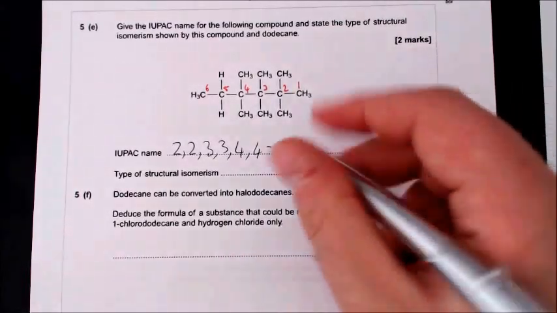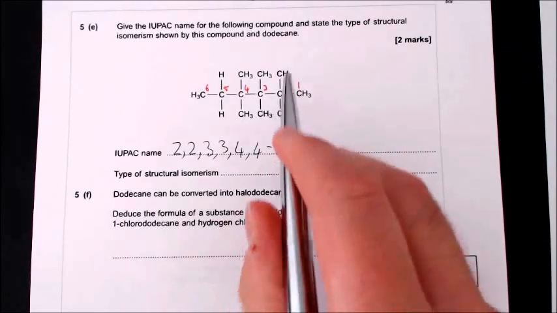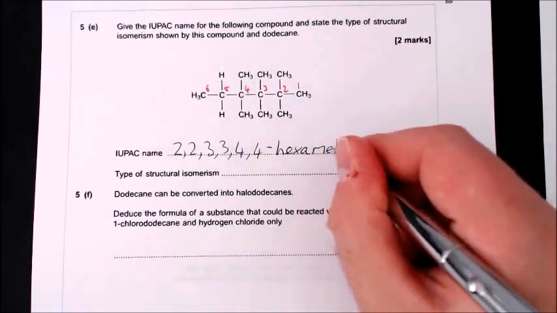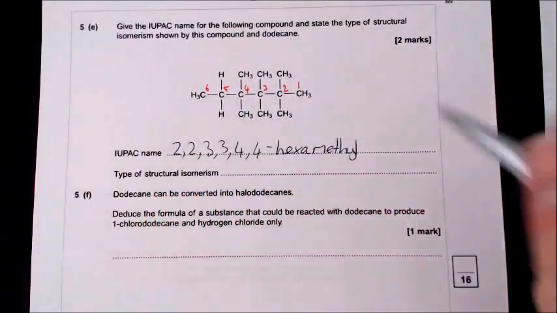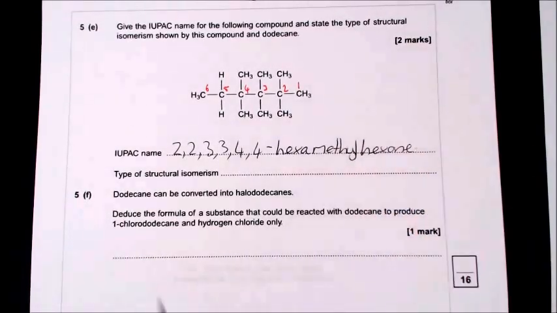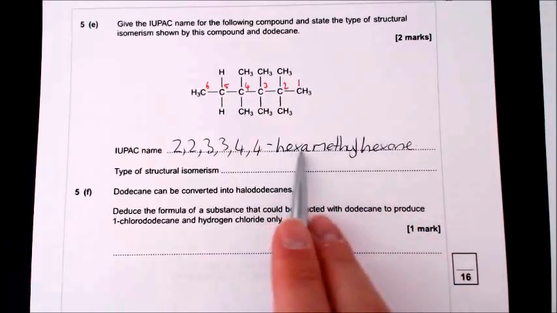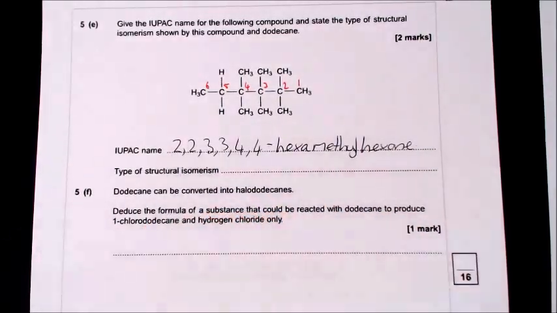So this is going to be hexa because we have 6 of these. 1, 2, 3, 4, 5, 6. Methyl. And the long chain is hexane. There you go. So this is 2, 2, 3, 3, 4, 4, hexa, methyl, hexane. So this bit always tells us how many of them we have, and this tells us where they are situated